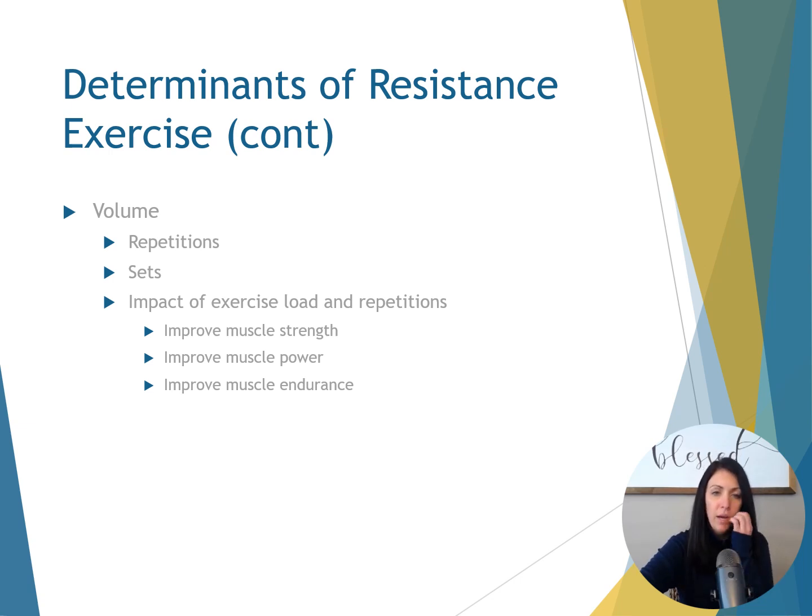For sets, so after a set of reps, rest then perform the same amount of reps. So you would do like 2 sets of 10. So, 2 to 4 sets are recommended for adults, and 1 to 6 sets have yielded positive training effects. So those that do single set exercises at low intensity are more uncommon for early phases of resistance exercise programs and maintenance programs of doing multiple sets to progress in the program.